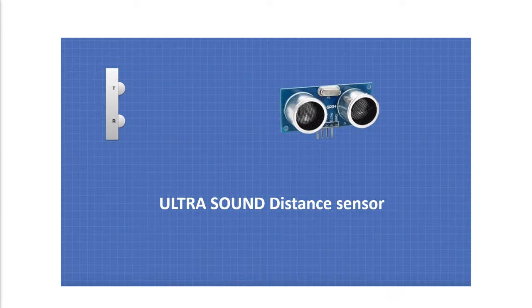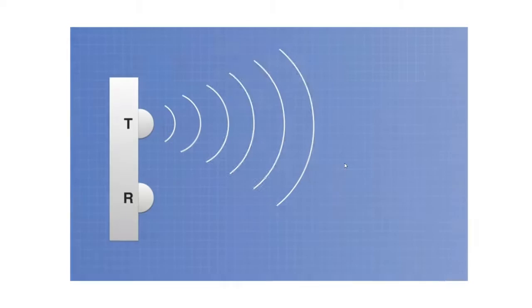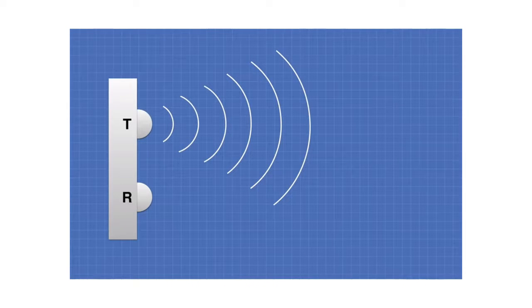the ultrasound distance sensor. So how does the ultrasound distance sensor work? This is how basically it is. It has two parts, the T and the R. So even if you look at it generally, you'll see that